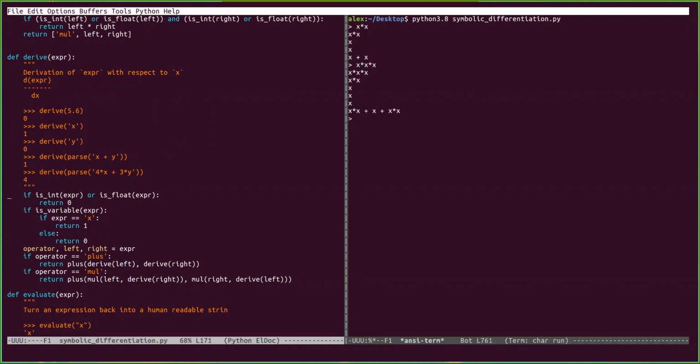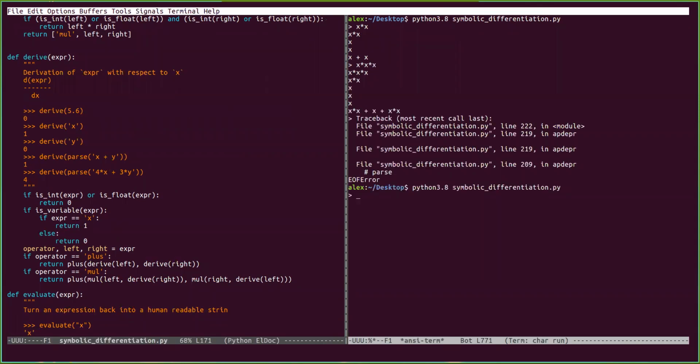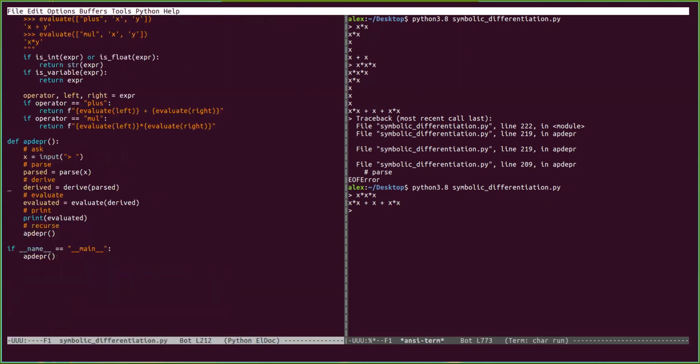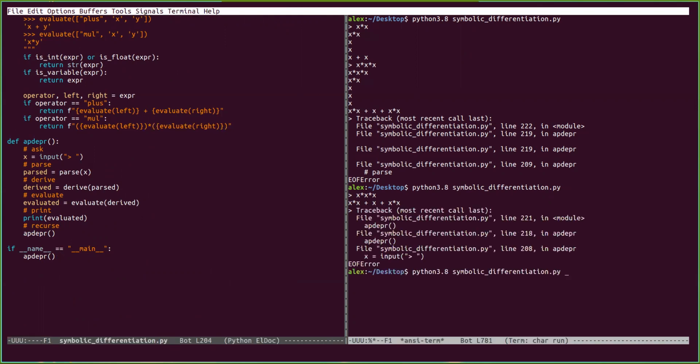Let me save this and rerun this. If I do x times x times x, I get back this, which is x cubed, if we derive it, that's 3x squared. That's not what this is. Or is it? Actually, what's going on, as I figured out debugging on my own, is we're missing some parentheses and we're not simplifying. So if I wrap some parentheses to preserve the order of operations, well, now we can